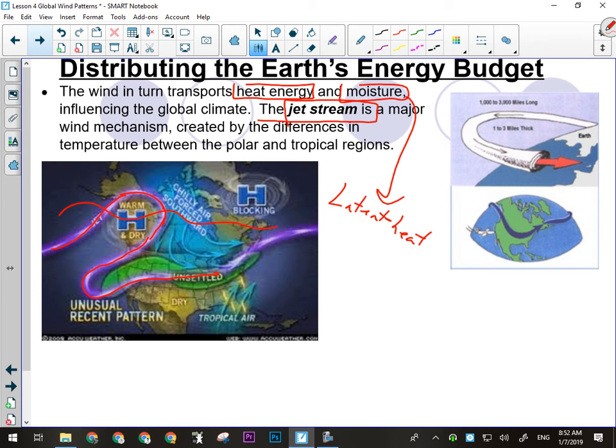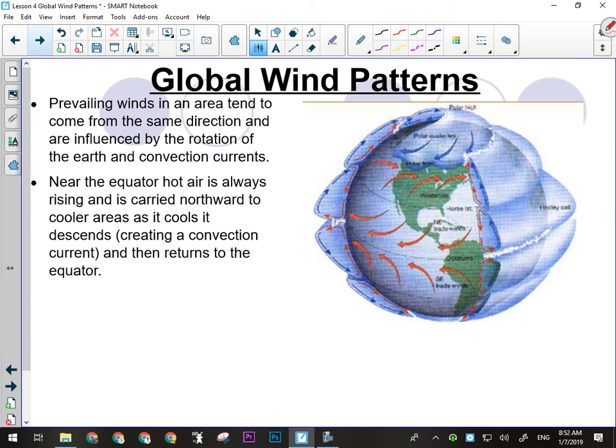All right, everybody okay with what the jet stream is? Okay, here in Okotoks, which direction do the prevailing winds come from? From the west. Most of the time from the southwest. Why is that? It's partially the mountains. I mean, that's where Chinooks come from, but most of our prevailing wind actually has to